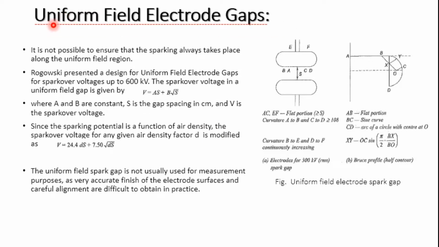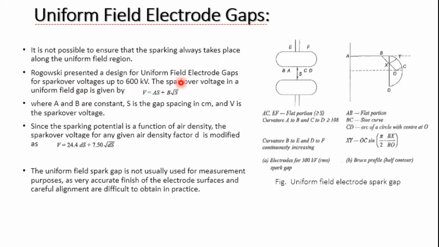Next concept is uniform field electrode gaps. Sphere gaps, although widely used for voltage measurement, have a limited range with a uniform electric field. Hence it is not possible to ensure that sparking always takes place along the uniform field regions. That's why Rogowski presented a design for uniform field electrode gaps for the spark core voltage up to 600